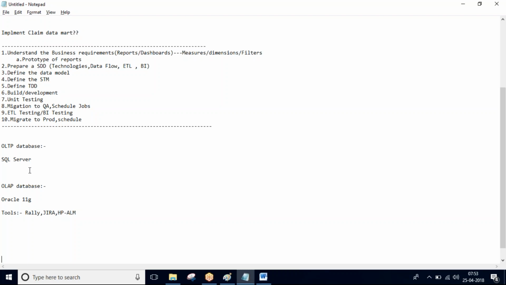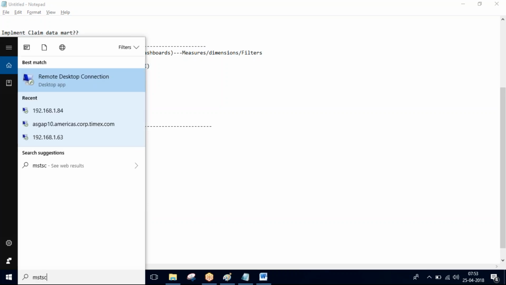And whether it is a fraudulent claim, what are the claim attributes basically, and what is the policy premium that is actually being defined for that. All those things, if you want to understand, you need to get into the transactional system data model. You need to start querying those tables and understand the relationship from one table to the other. So in order to access this SQL Server database, as Nikesh might have shown you yesterday,